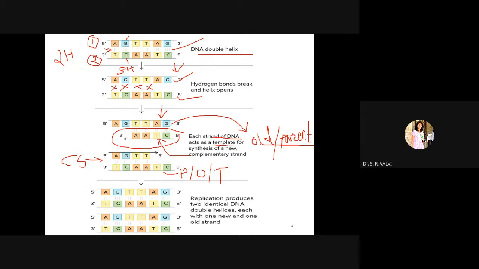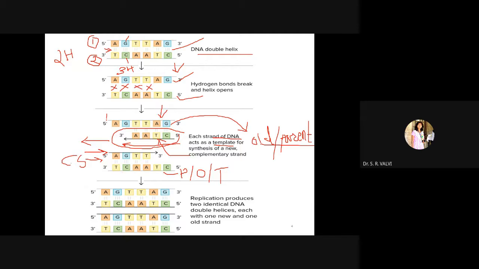So likewise, see here, if this parent strand is from 5 prime to 3 prime, then the formation of the new strand will be again from 5 prime to 3 prime. It's in the opposite direction, right? So always see here, this is again the direction for the newly synthesized DNA molecule, and here again this is the 5 prime to 3 prime direction. You can check out these primes, right?